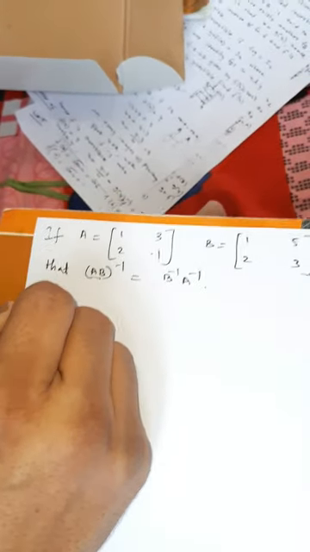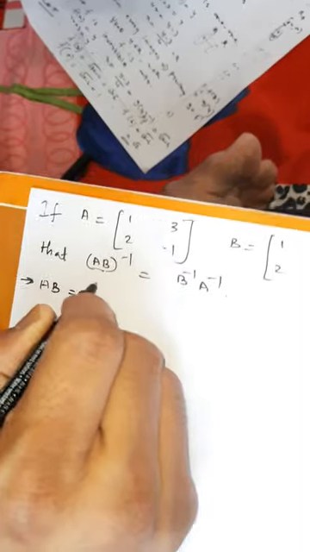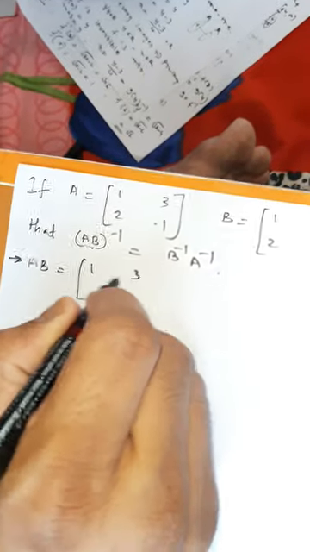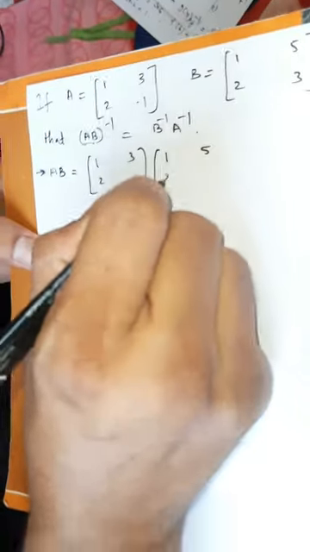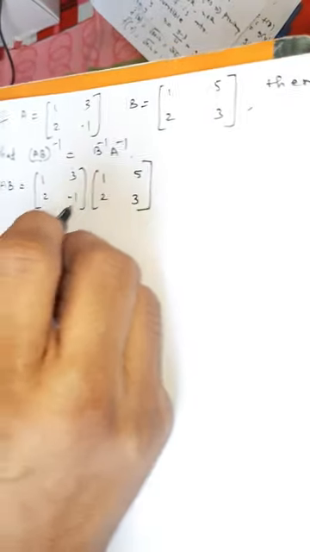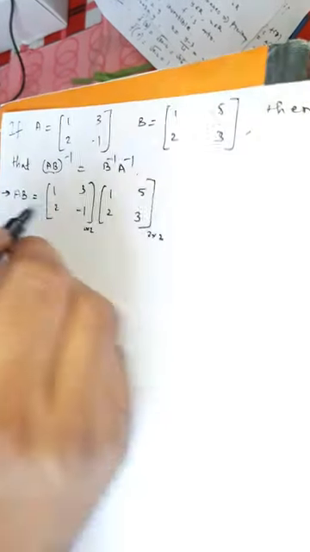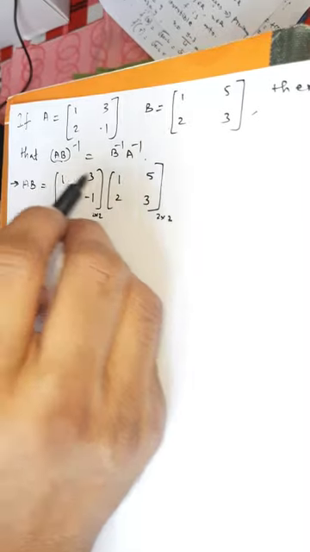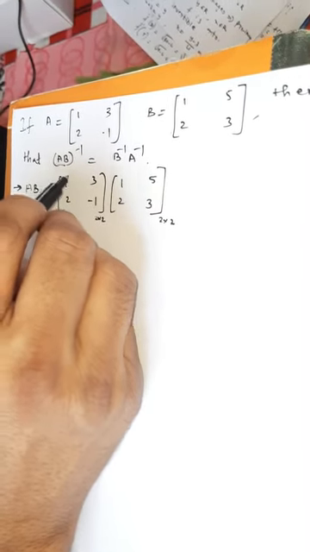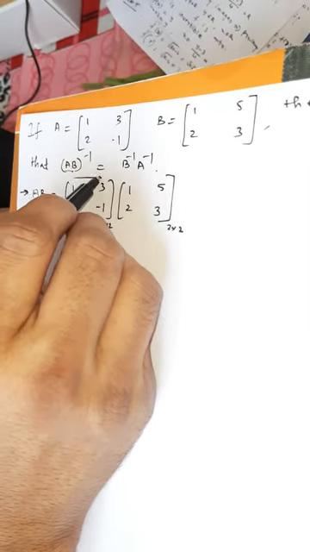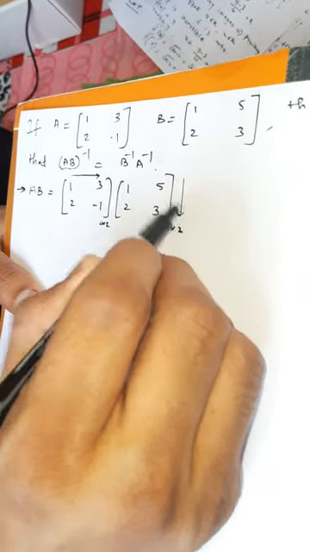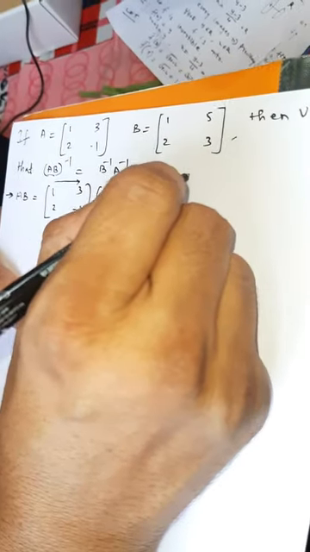Let me find AB first. AB is the matrix. A is [1 3; 2 -1] and B matrix is [1 5; 2 3]. How are matrices multiplied? This matrix order is 2 by 2, and this matrix order is 2 by 2. In multiplication of matrices, the rows of the first matrix multiply with the columns of the second matrix. So this is the matrix AB